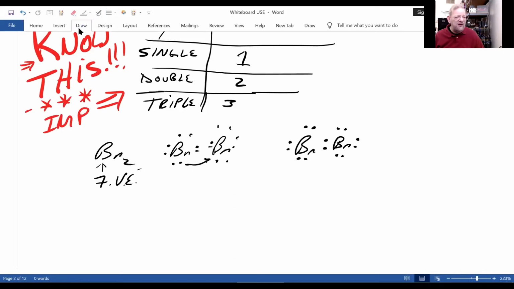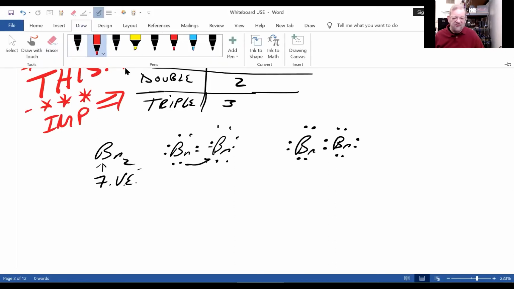Now, one of the things I've taught you, but I never asked you to define, is the octet rule. Except for hydrogen, whose octet is 2,